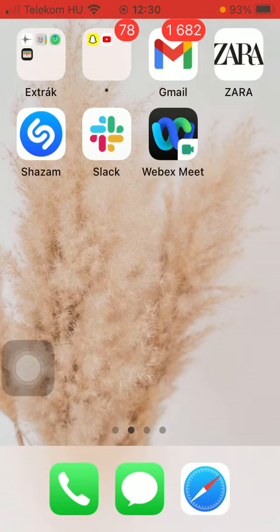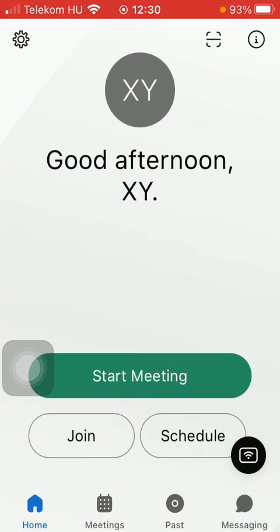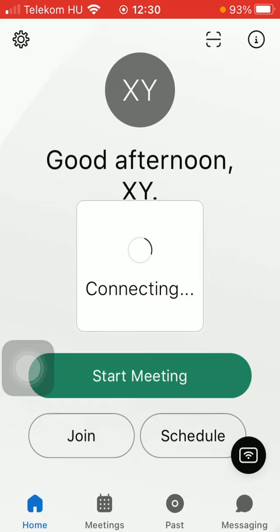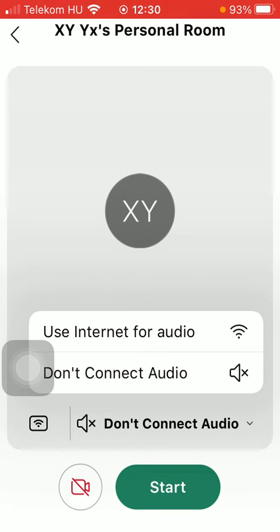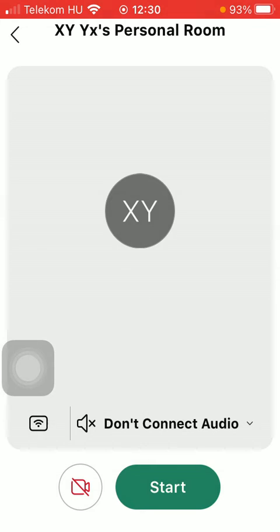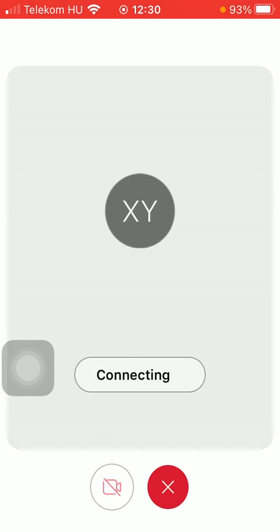First of all, open the application on your phone. Then you should tap on the home icon down below, which is the first option. Then click on Start Meeting in the middle of the screen. Select your audio, such as use internet for audio or don't connect to it. Tap on the camera icon if you would like to show yourself, and then tap on Start at the bottom